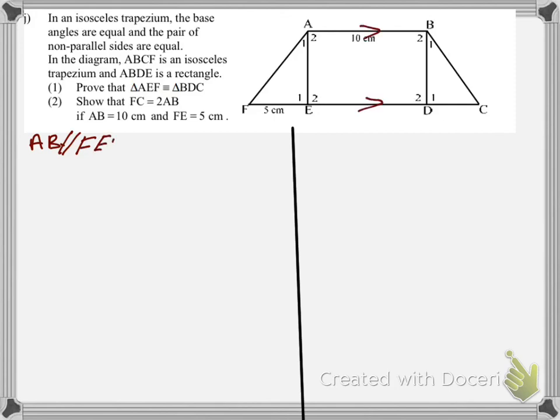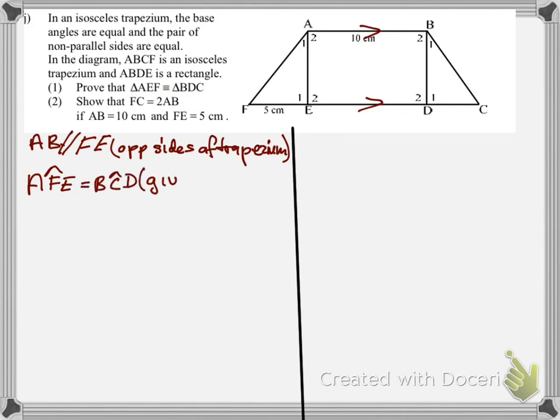So I'm going to say first, since it is a trapezium, which means AB and FE or FC are parallel. So those are opposite sides of a trapezium are parallel. And then they tell us that the base angles are equal. So I'm going to say AFE is